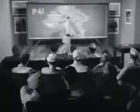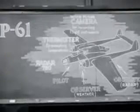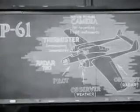In each P-61, the crew was to be made up of an experienced instrument pilot, a weather observer, and an especially trained radar observer. All flying personnel had been